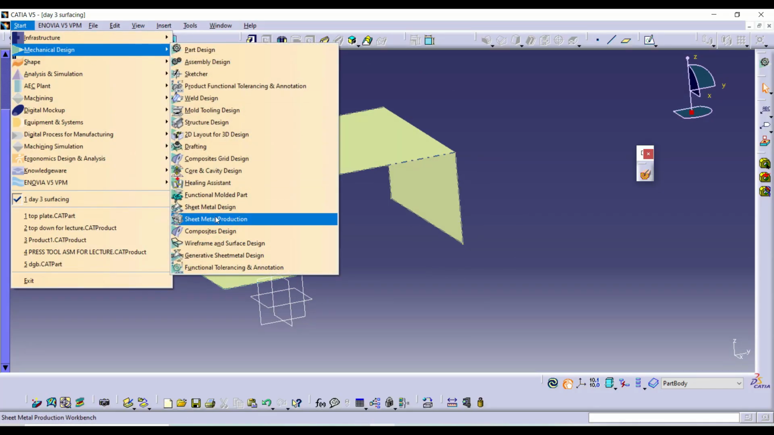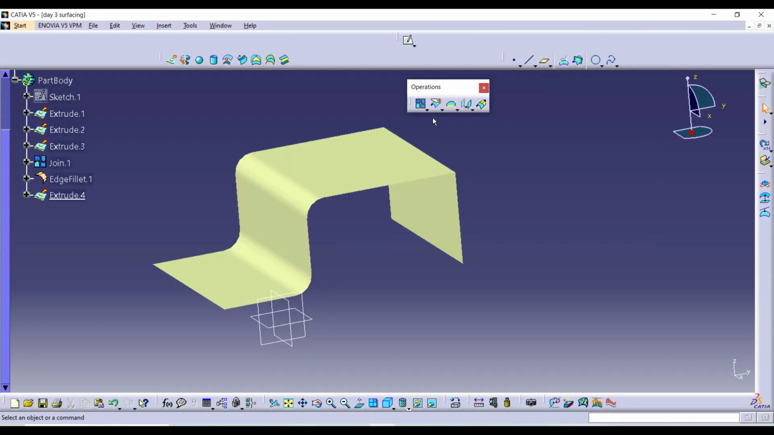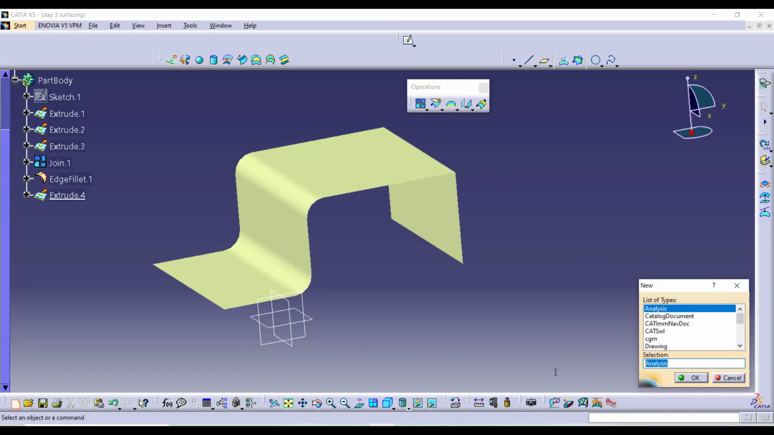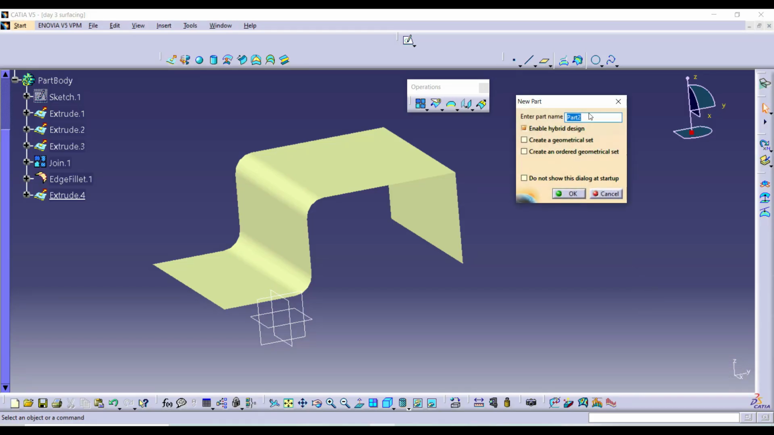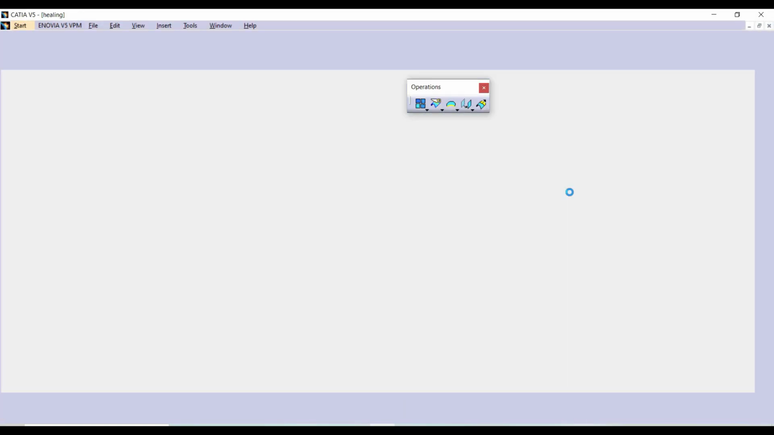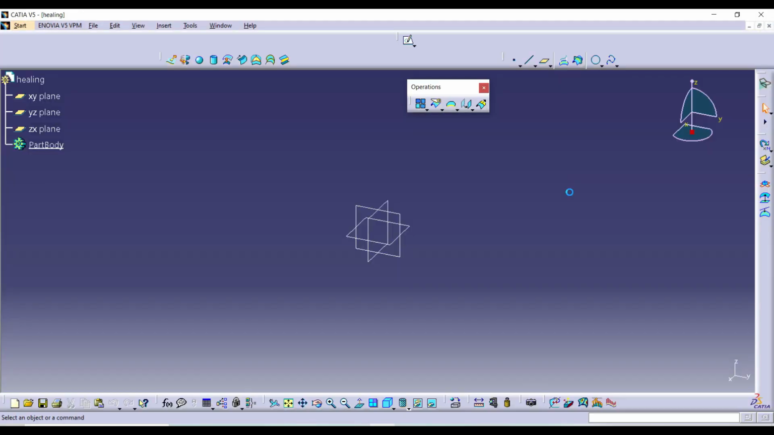Say mechanical design and wireframe surface design. So after changing the interface, we are going to go for the next command, that is healing. We'll make a new part here, say part. We'll give the name of the command only for this part, healing. Say OK. Now this healing command is used to join the surfaces which are having very intricate gaps